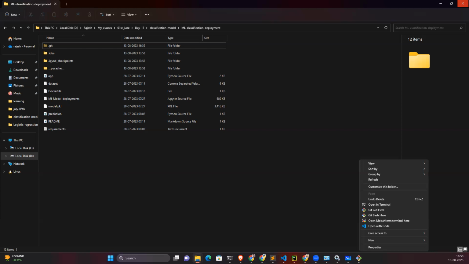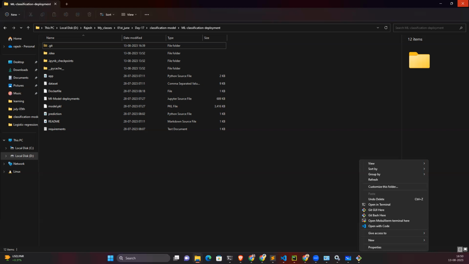Yes, sir. Wait. Now it is saying sign in with your browser, right? So click on sign in with your browser. Give your GitHub username and password, or email ID, that is also fine, and a password.